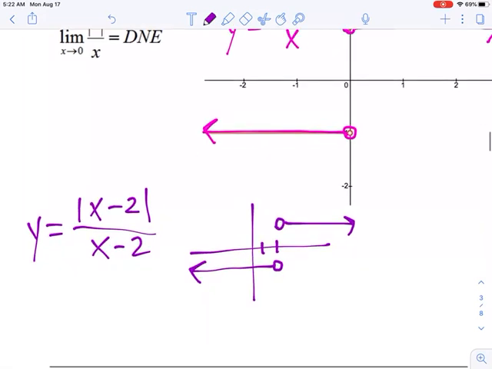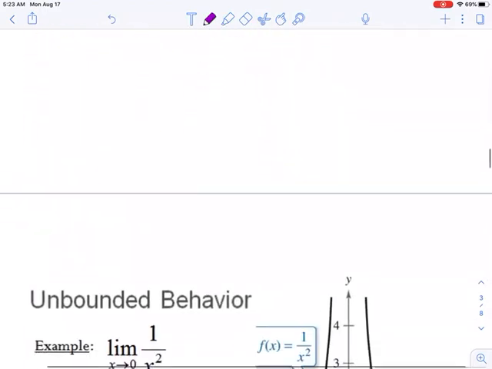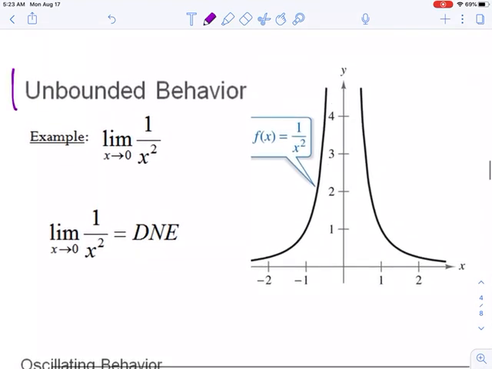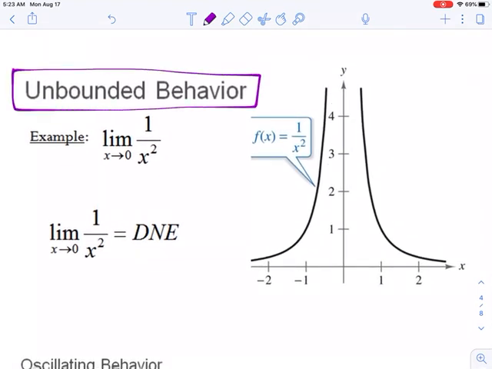All right. The second way a limit could fail to exist is when we have what's called unbounded behavior. Okay, so here's way number 2, unbounded behavior. And the graph that we're going to look at is the graph of 1 over x squared. Now, if I asked you for the limit as x approaches 1 of 1 over x squared, okay, we